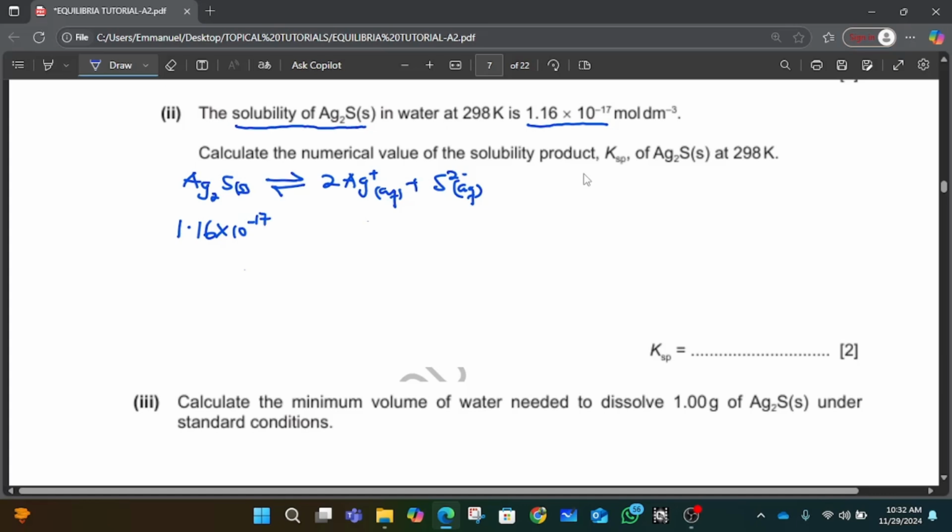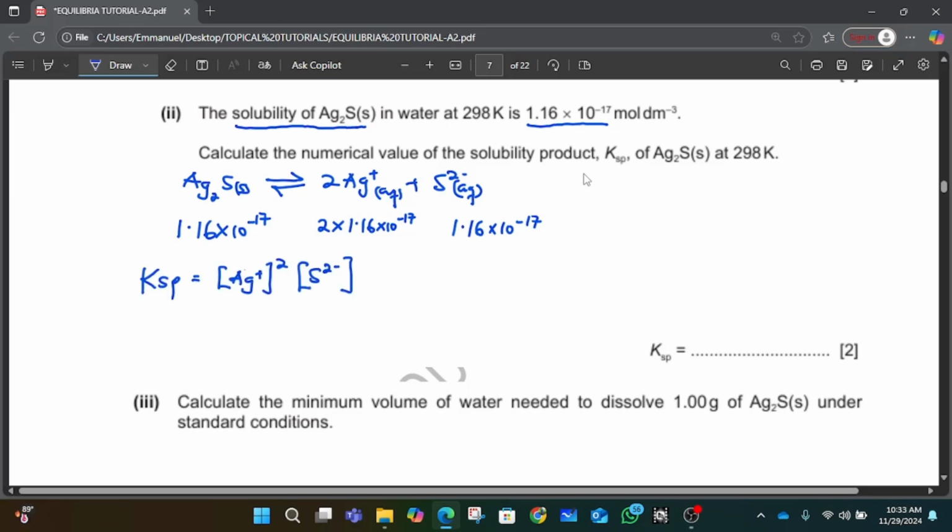The mole ratio between the salt and the Ag plus ion is 1:2. So it means this will be 2 times 1.16 times 10 power minus 17, and that of the sulfide ion is just 1.16 times 10 power minus 17,